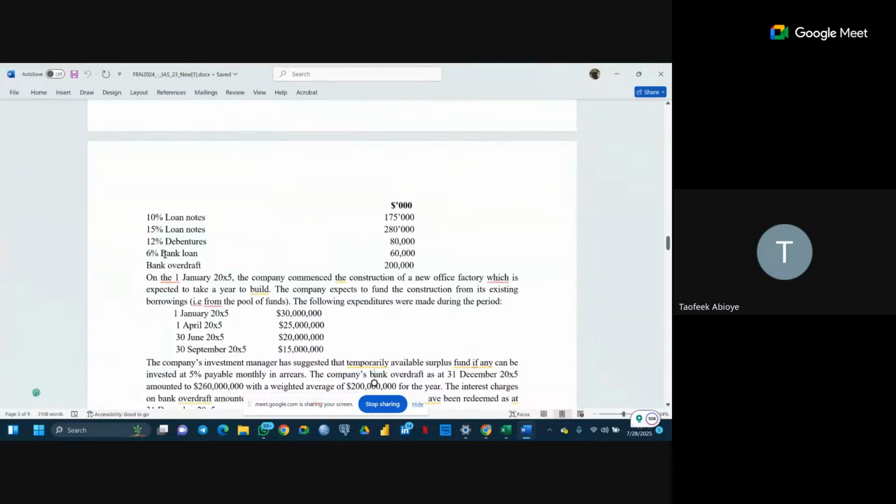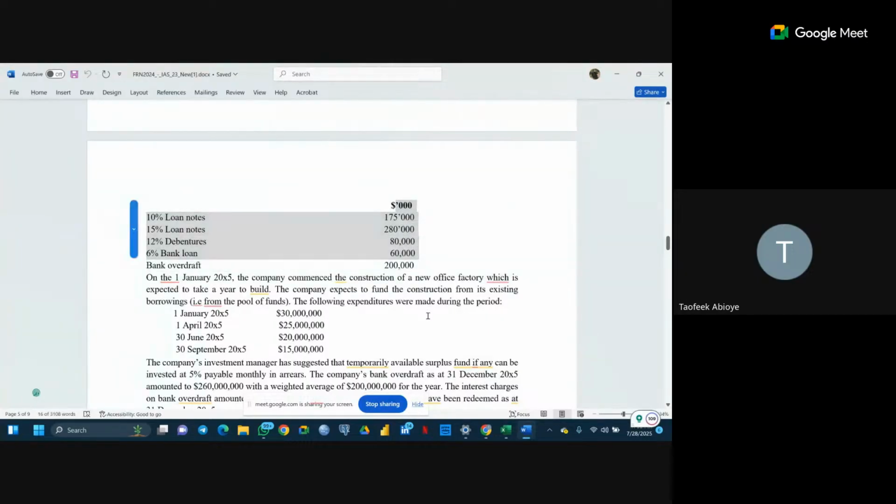Due to the fact that they are using multiple sources of finance, it means that we cannot just say that this first 30 million that they withdraw now, where did they withdraw it from? We can't know, because they have more than a single source of borrowing. Unlike the first one, where their first withdrawal is from their 55 million at 15% per annum. But they have multiple sources, they have multiple interest rates. So they take this 30 million from everything they have here.